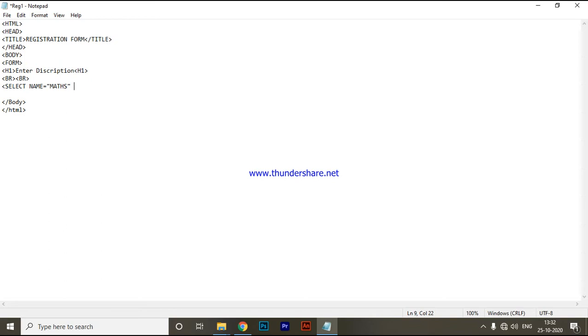Suppose you want to display maths first as the selected option, then you will also write selected, otherwise leave it. Now this tag is closed, then you will write the content as maths, then option.